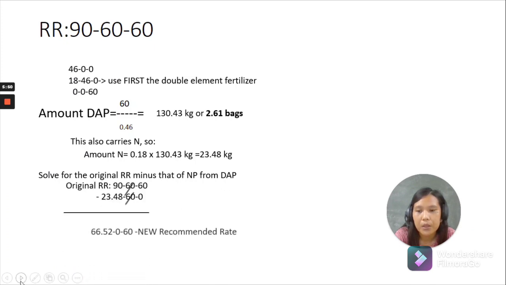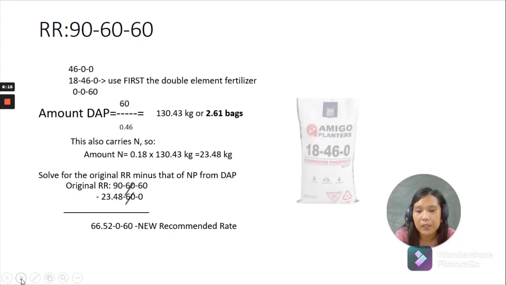So, original RR is equal to 90-60-60 minus 23.48-60-0. Since the 60 is met, the phosphorus requirement is satisfied by giving 2.61 bags of DAP. So, the new recommended rate is 66.52 minus 0.60. New recommended rate. Now we satisfy the nitrogen requirement